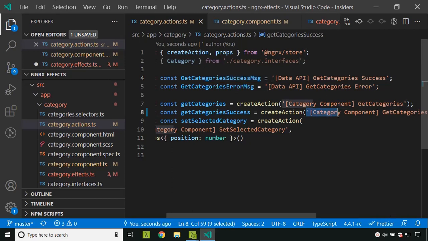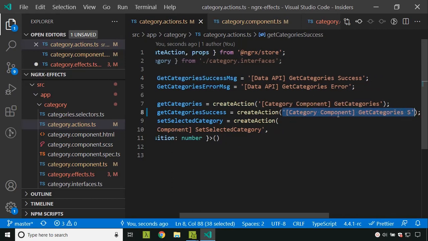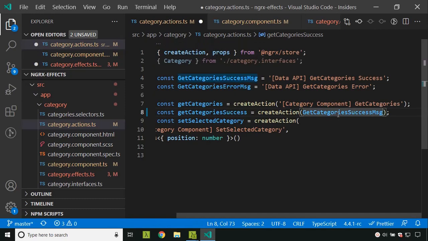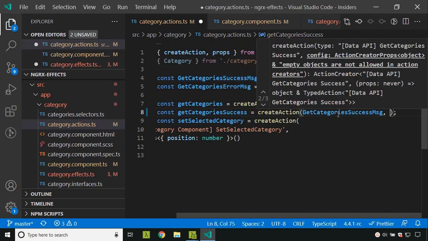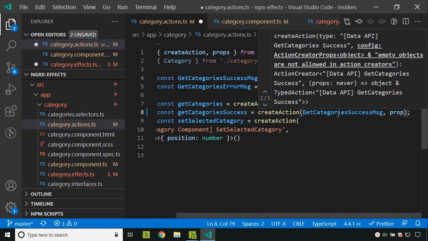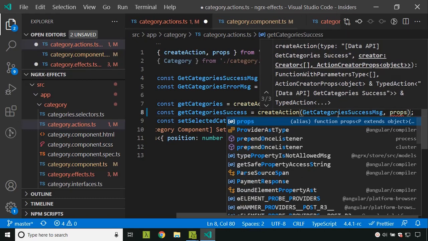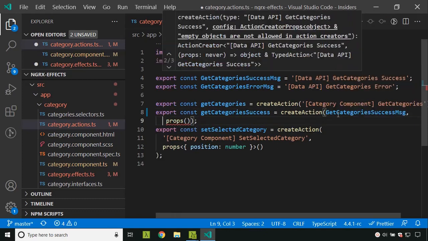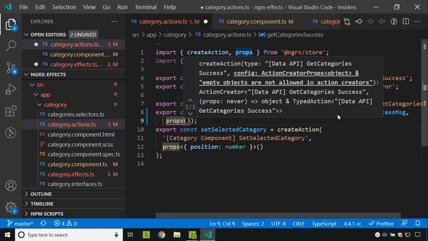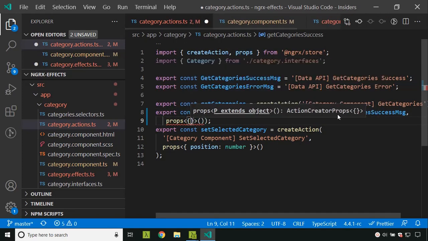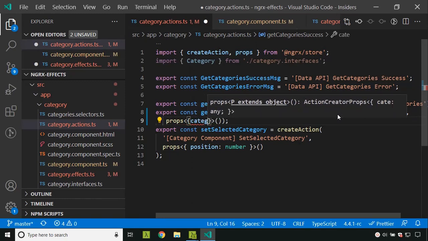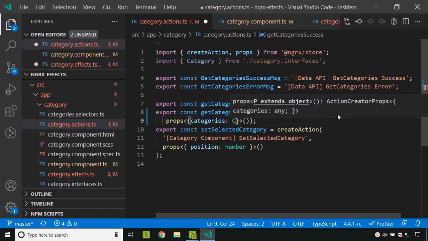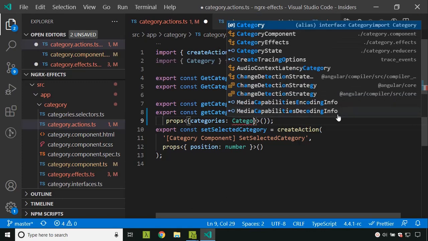I will replace this message, and I need to add the props which I had removed earlier. So I need to define the type as well. So categories is the key, and it's a category array.